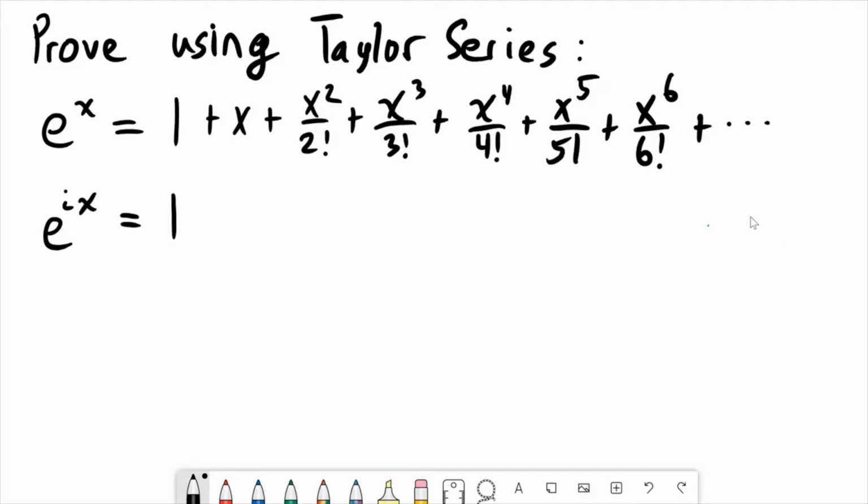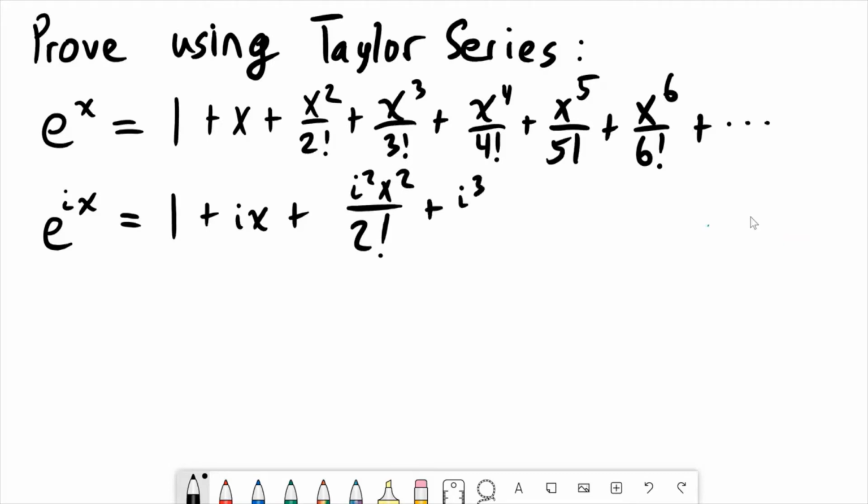If I plug ix into e to the x, every time I see an x, I'm going to plug in i times x. And I'm already going to do a step here. I'm going to distribute this to each of the terms. Let me just show you, and then I'm going to do it. So it's going to be like this: i squared x squared